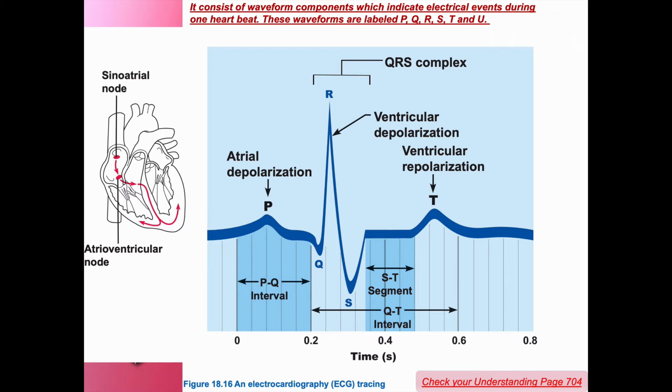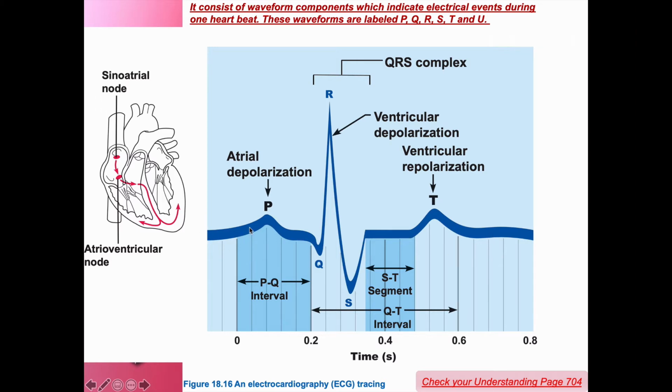Now we will look at the concepts of ECG. Here is the SA node, sinoatrial node. This will generate an electrical impulse and it spreads all over the myocardium through the AV node, bundle of His, right and left bundle branch and the Purkinje fibers. During atrial contraction, the P wave is formed. During the ventricular contraction, the QRS wave is formed. During the time of relaxation, that is the diastole, the T wave is formed.